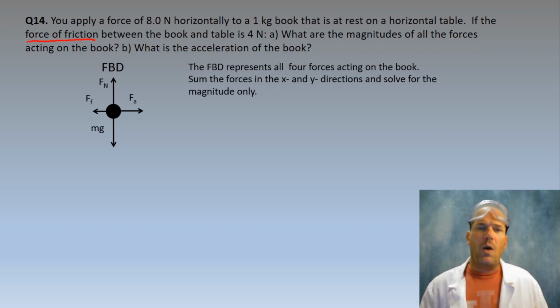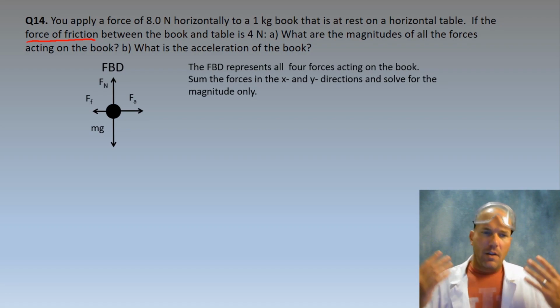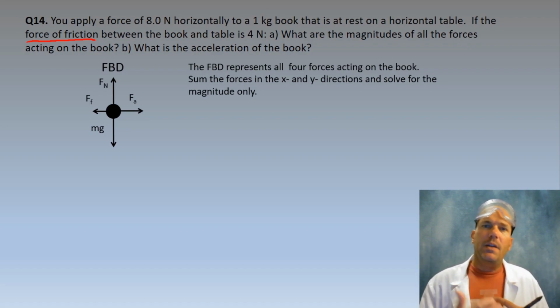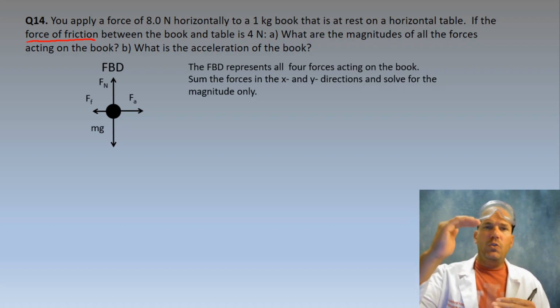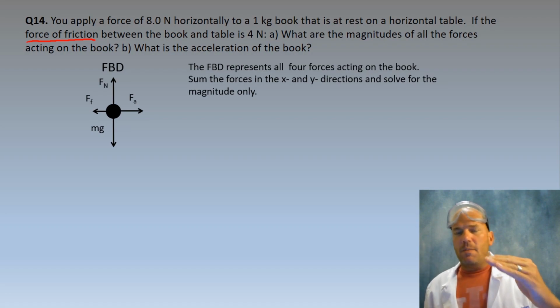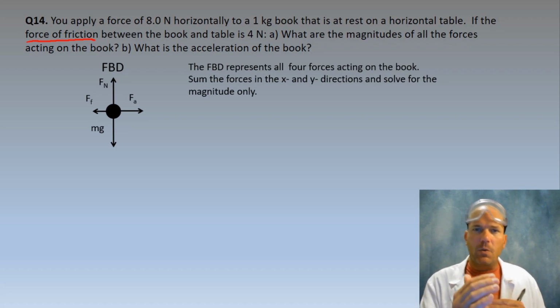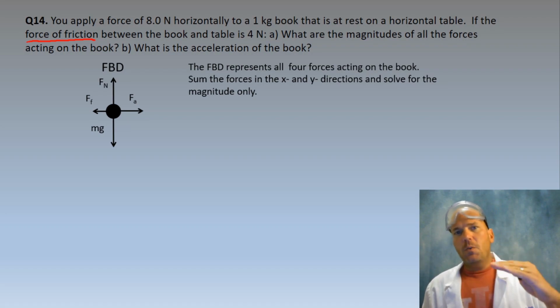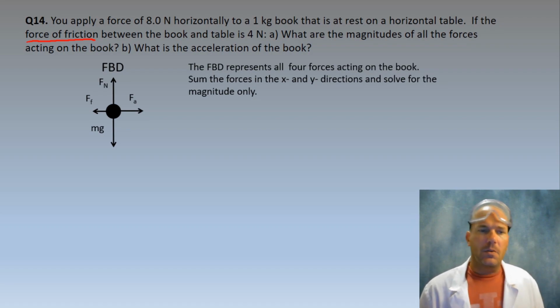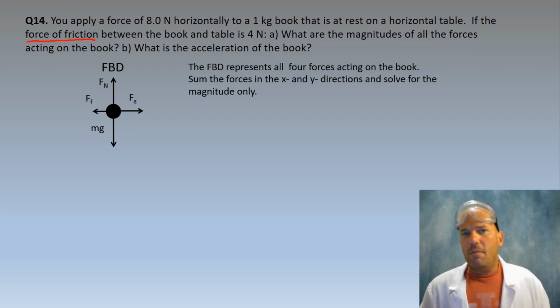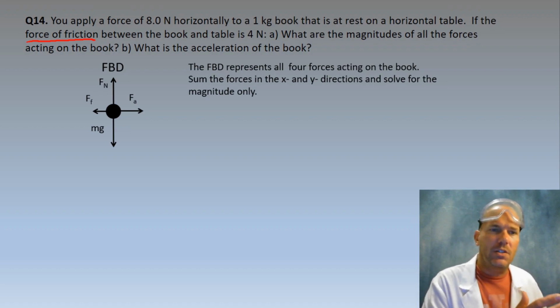We have in the y direction, we have force normal, and that is the perpendicular force of the table onto the book, and we have the mass gravity, which is the force of gravity, which is the force of the earth downward on the book. Horizontally, we have the force applied, which is to the right, and the force of friction, which is to the